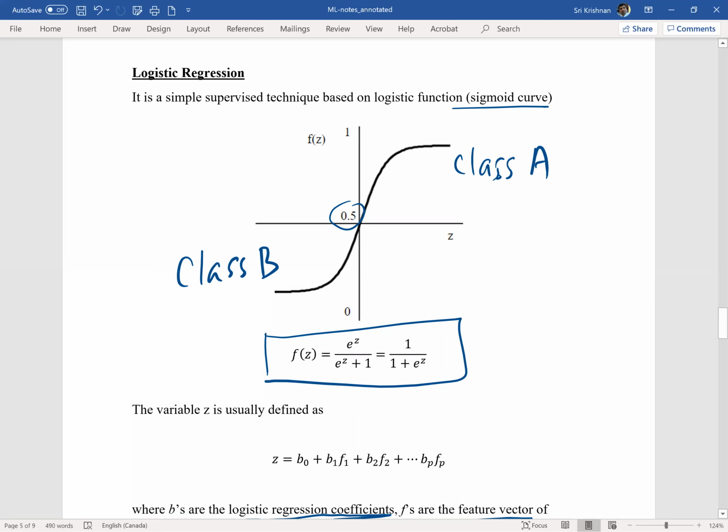So as the name indicates, it is a two-group classification, class A and class B, because this particular curve takes continuous values, and that's what's typically called a regression. A regression is something that takes continuous values. You can convert a regression into a classification problem by applying suitable thresholds. And in this case, we have applied a threshold of 0.5, and we say anything above 0.5 is class A and below is class B,